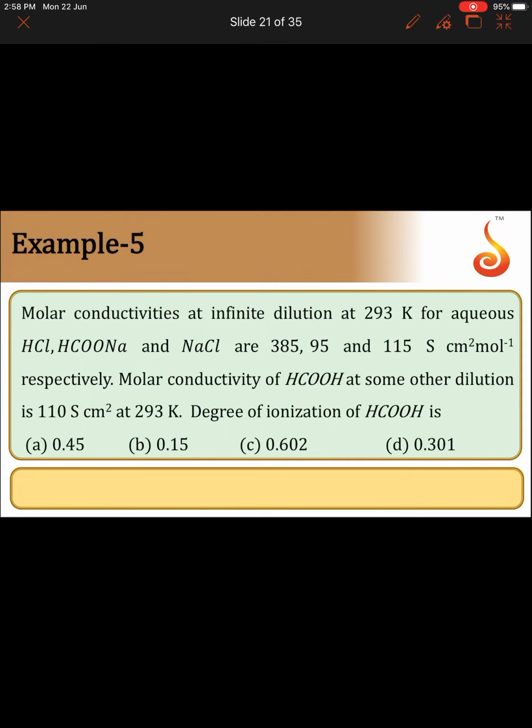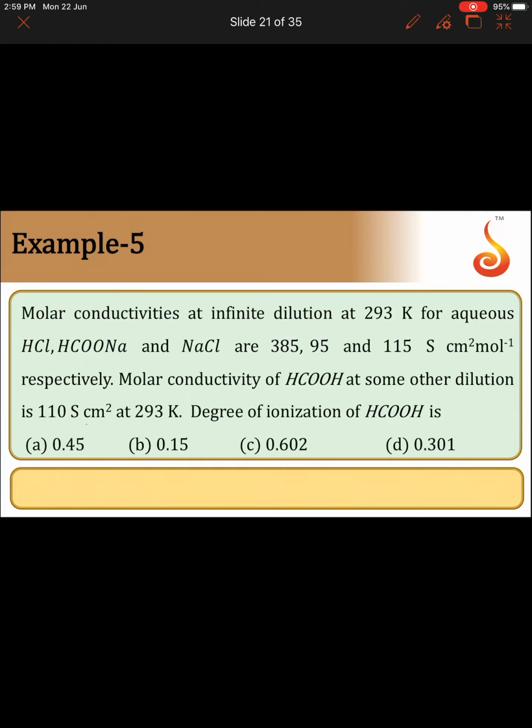Molar conductivities at infinite dilution at 293 Kelvin for aqueous HCl, HCOONa and NaCl are 385, 95 and 115 Siemens centimeter square mole inverse respectively. Molar conductivity of HCOOH, formic acid, at some other dilution is 110 Siemens centimeter square mole inverse at 293 Kelvin. Degree of ionization of formic acid is